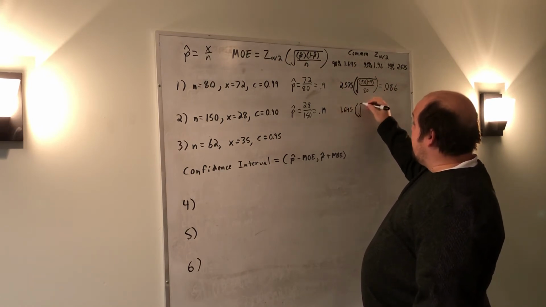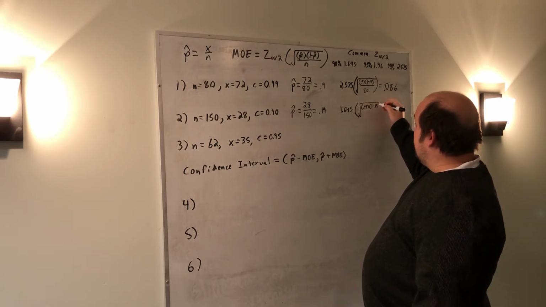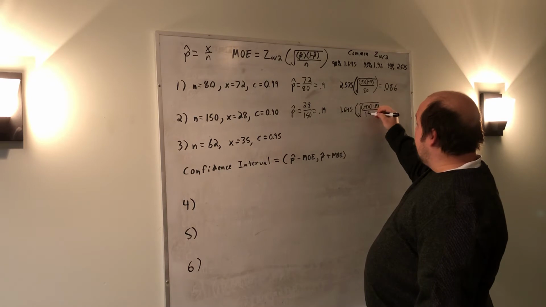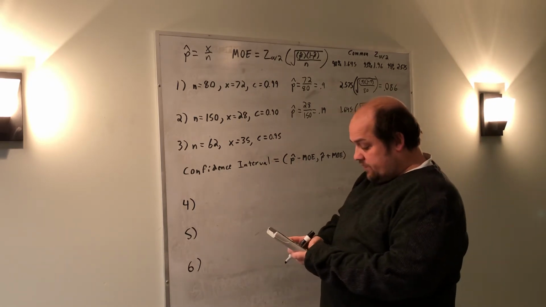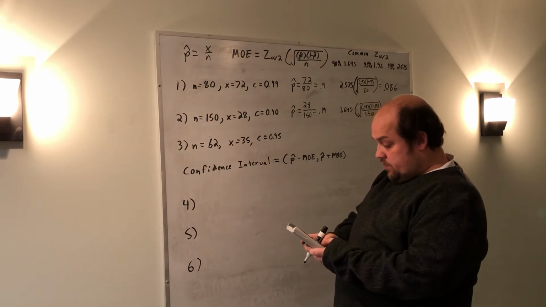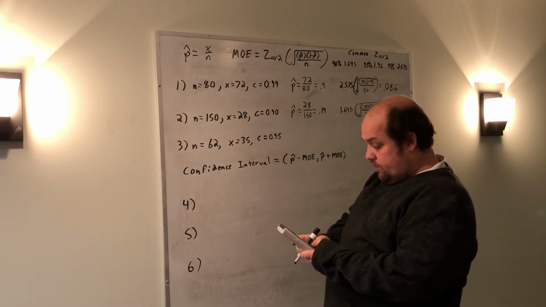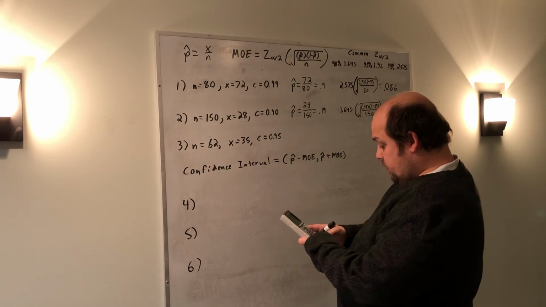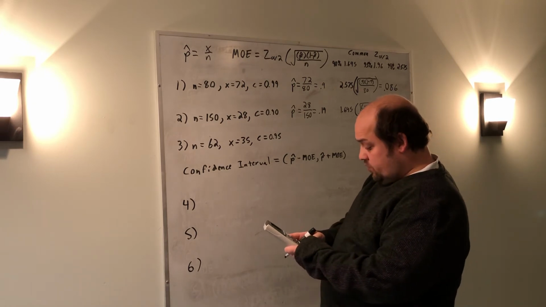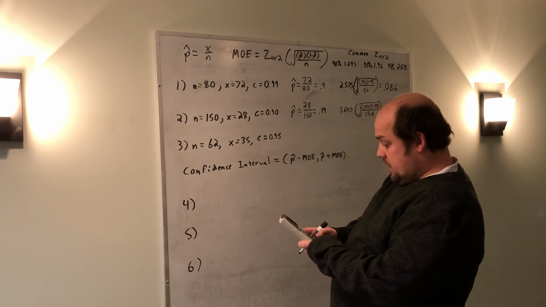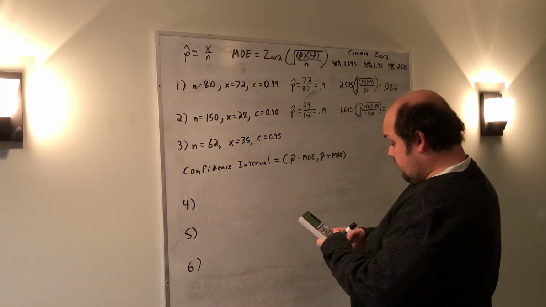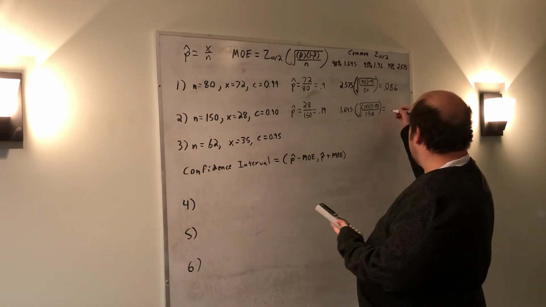I multiply that by the root of 0.19, 1 minus 0.19, all over the n of 150. When I put that in my calculator, 1.645 times the root of 0.19 times 1 minus 0.19, divided by 150, on the root. When I do all that, I get